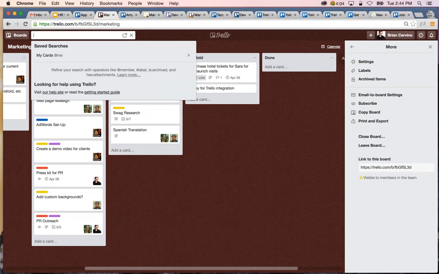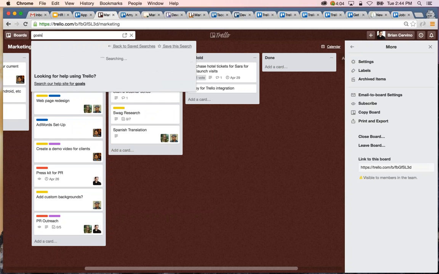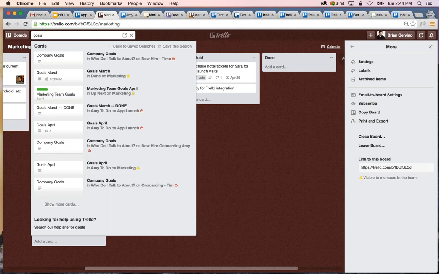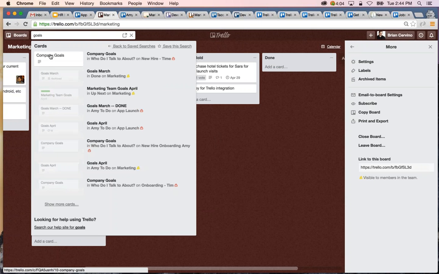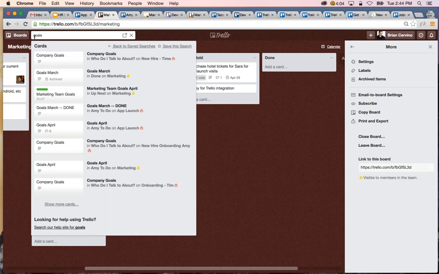And so I think if you type goals, that should maybe bring up the card that you just saw. Yeah, there's a bunch of things in Goals here, but there's Goals April, and it's been archived, and you'll still be able to find it. And what's actually cool is